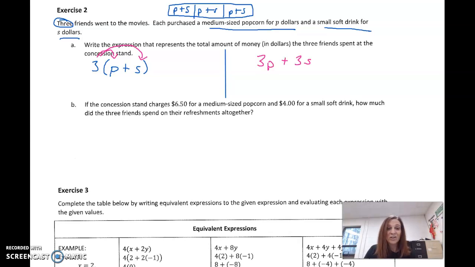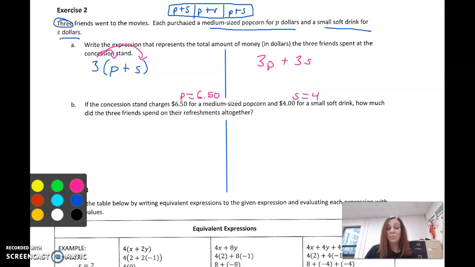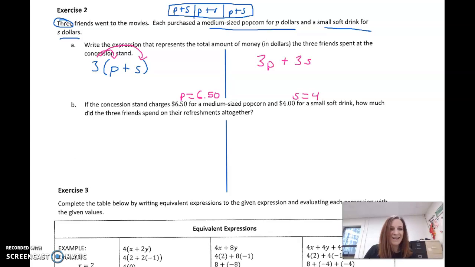So the concession stand charges $6.50 for a popcorn. Okay, so that means P, because that's the price of popcorn, is $6.50, rational number. $4 for a soft drink. So S equals 4. How much do the 3 friends spend? Well, I told you they were equivalent. Do you believe me? So in this case, I'm going to go 3 times $6.50 for P plus 4 for S. Following order of operations, we do what's in parentheses first. $6.50 plus 4 is $10.50. And if I go 3 times that,